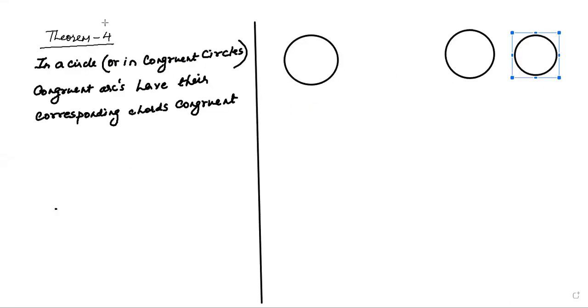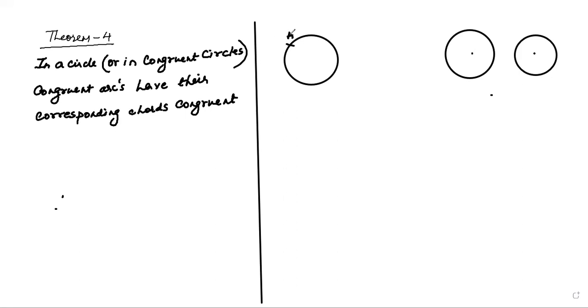What the theorem says, theorem number 4: in a circle, मतलब एक सर्कल में और इन कॉन्ग्रेंट सर्कल. जैसे ये दो सर्कल कॉन्ग्रेंट सर्कल हैं बेटा, दोनों सर्कल का रेडियस इक्वल है. समझो एक छोटा एक बड़ा दिखता है, रफ फिगर है, लेकिन दोनों कॉन्ग्रेंट सर्कल्स हैं. ओके चलो, suppose these are congruent circles and arcs are, you have arcs